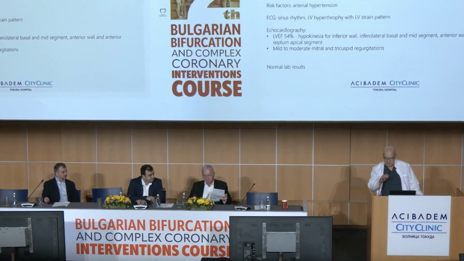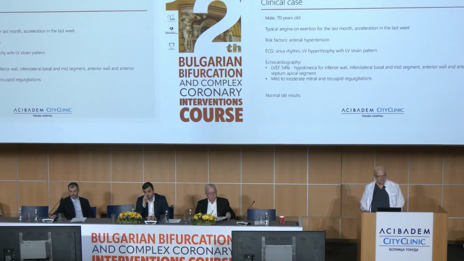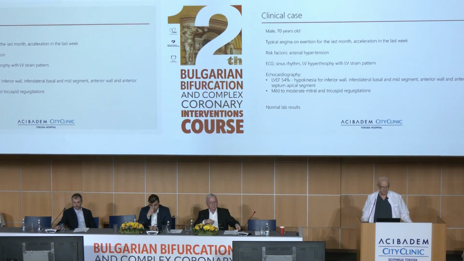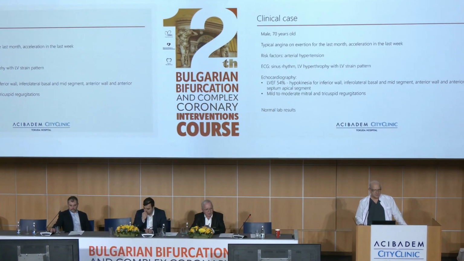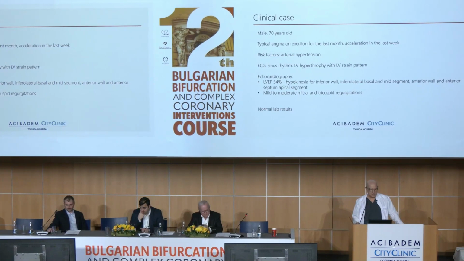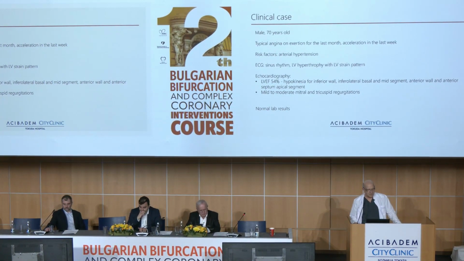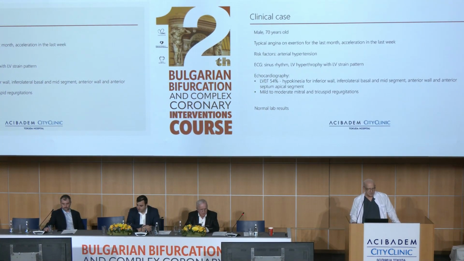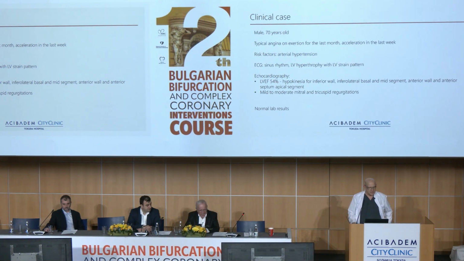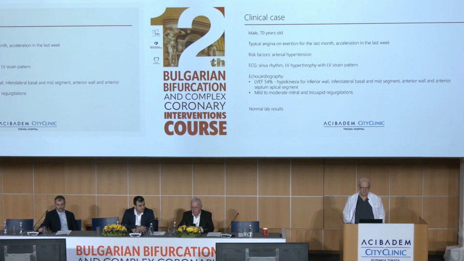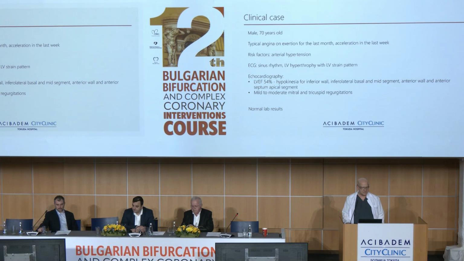So, this is the case of yesterday. This is a 70-year-old male with typical angina, accelerated, with risk factor arterial hypertension. Nothing special from the ECG, left ventricular hypertrophy. The echo shows a 54 percent ejection fraction, hypokinesia of the inferior wall, infralateral basal and mid segment, and anterior wall, mild to moderate mitral